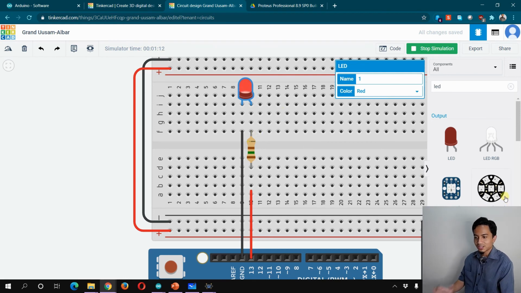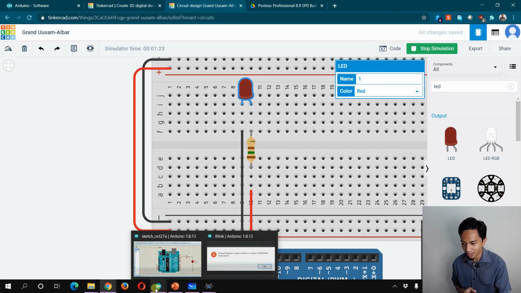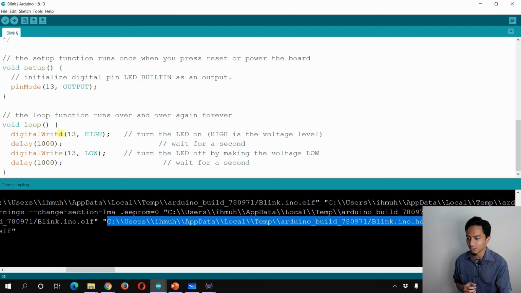Okay, so this is the simplest way, the simplest program, the simplest functions that you can start to develop, where you know the delay, you know what the delays are, you know every basic part of how to write low and write high, how to initialize the value, and how to set a digital pin as output or input. So now you know all the basic coding of this Arduino just with this simple